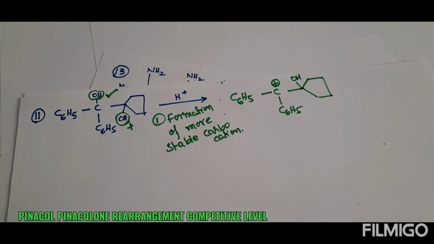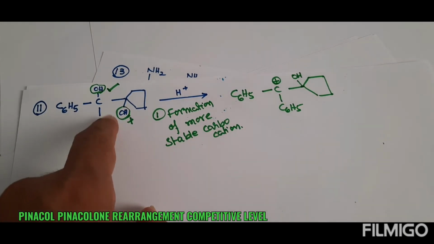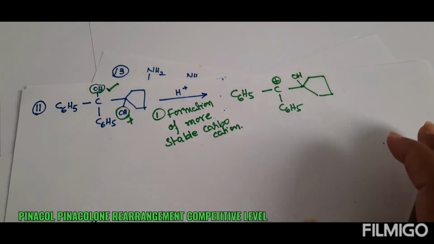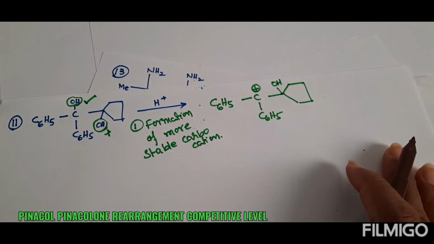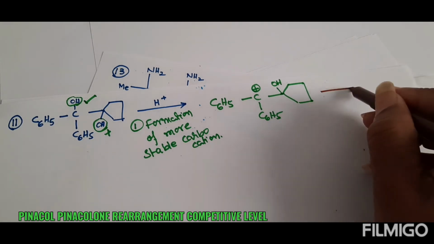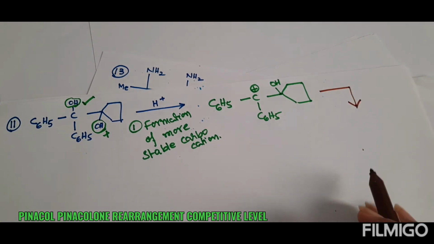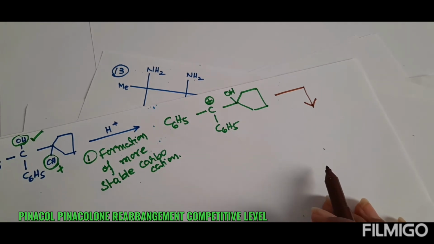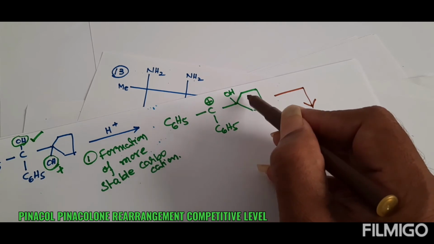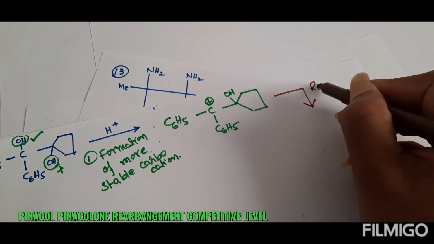Students have to remember, whenever dissimilar carbons are there in the given pinacol, give more priority to the more stable carbocation formation. In the next step, what happens? The next step is rearrangement. But adjacent to this carbocation, a ring is there, so it chooses ring expansion.